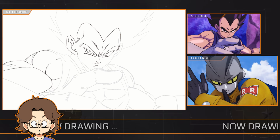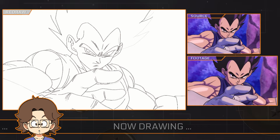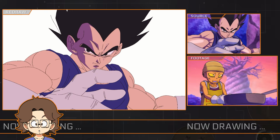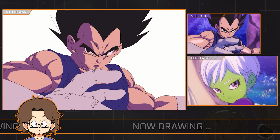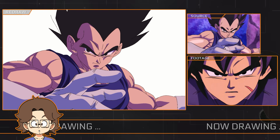Furthermore, I think I can speak for the team when I say that these colors on Beerus' world in the trailers honestly look stunning, which is why we kept them. The pink and purple hues really add to the CGI renders as well as the 2D visuals Trev is steamrolling through right here. As you can see, Trev is also using the 1.5 pixel thick anti-aliasing brush,